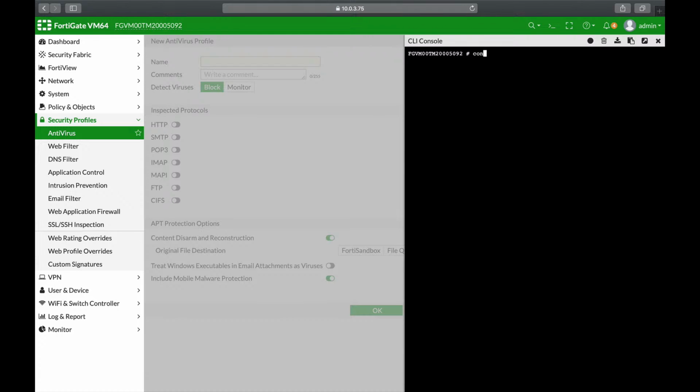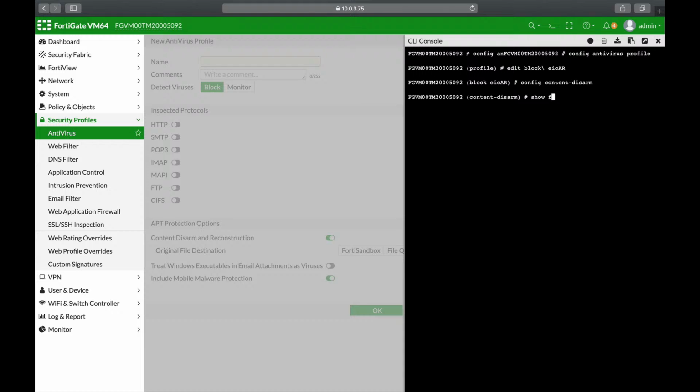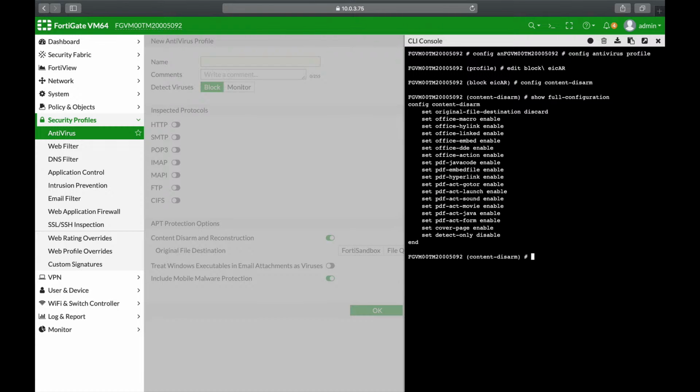So you head over to your config antivirus profile. That is after you have set up a profile with CDR enabled. Now let's edit one of those profiles. I have a profile which is block ACAR. And now you can use the config content disarm, and if you show the full configuration, you will